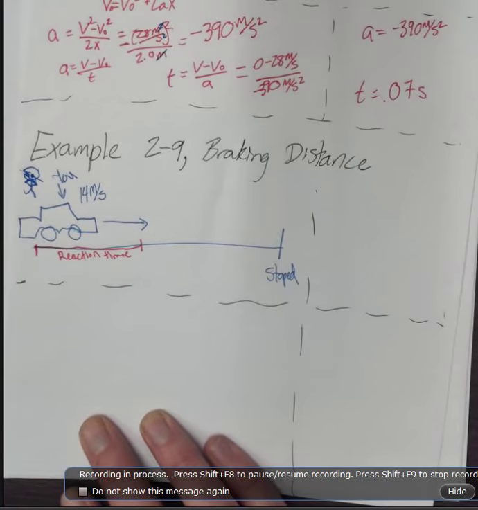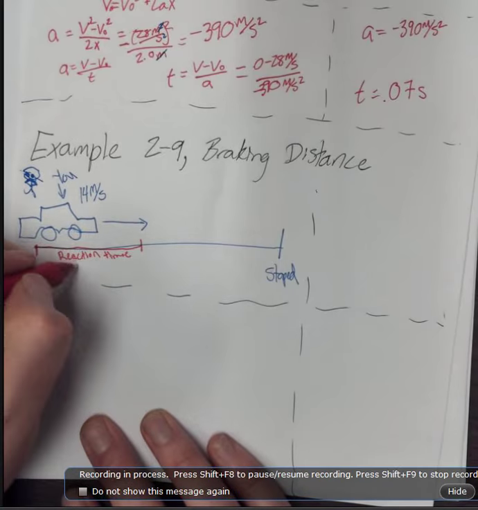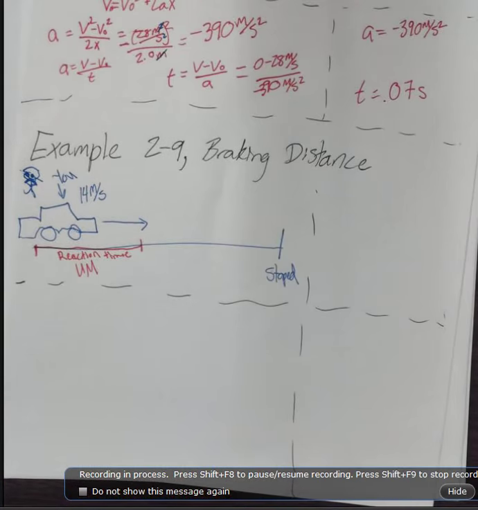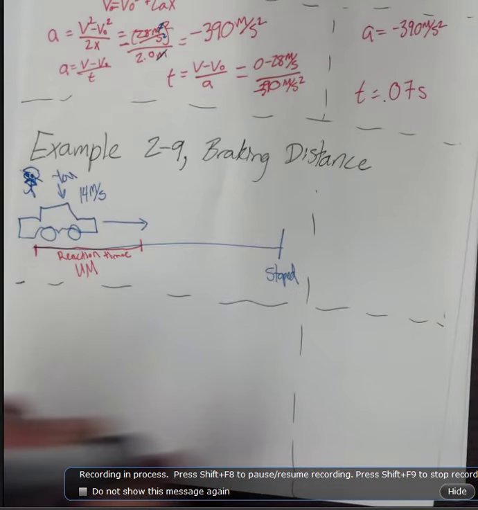And for reaction time, you're actually experiencing uniform motion. You're traveling that same speed. You haven't realized that you need to put the foot on the brakes, which means that your speed is constant. You aren't accelerating. You aren't decelerating. And then once you realize that you need to put on the brakes and move to do so,